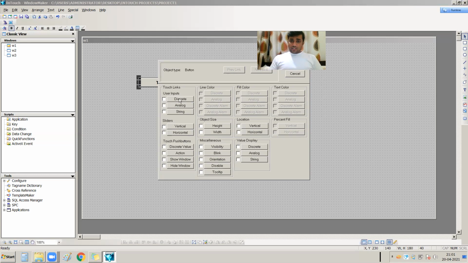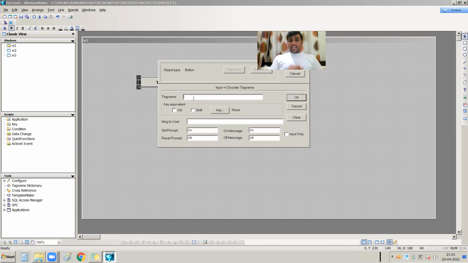When I deal with the button, obviously that tag should be a digital, so I press on this discrete. Here is the tag name that I have to write. If you want to create a new tag, just write down the new tag name.